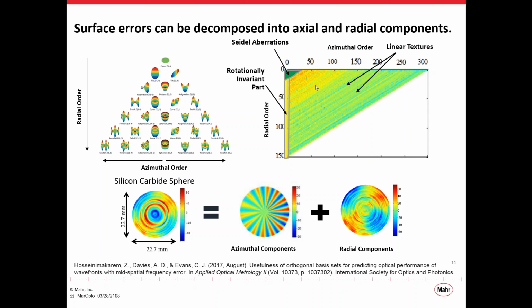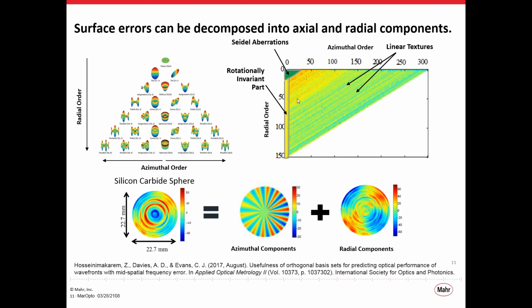Another way of visualizing these is to plot the coefficients of the polynomials in a Cartesian coordinate system, where the horizontal axis is the azimuthal order of that coefficient, and the vertical axis is the radial order of that coefficient. And this way, you can start to divide up and look at the coefficients